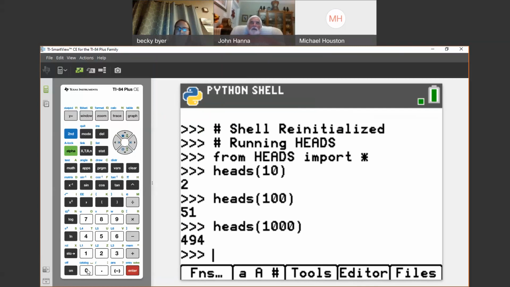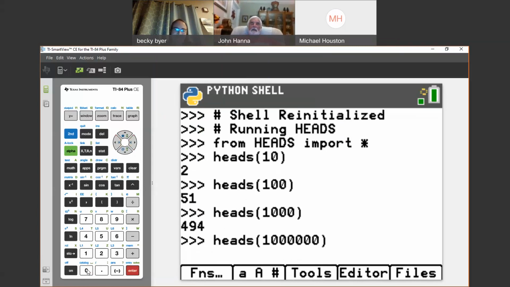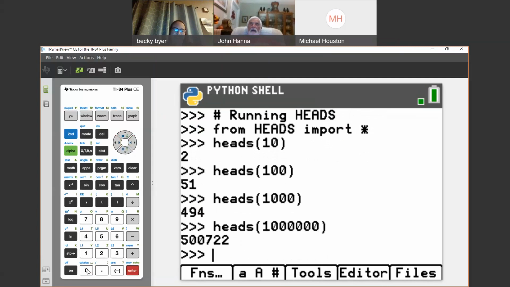494. And I'm going to skip on ahead. The last one I want to do is 1,000,000 times. So I'll add some more zeros in here. If I toss a coin 1,000,000 times, how many heads do you expect? I'm amazed at how fast that happens. It only took about a second or 2 seconds to generate a 1,000,000 coin tosses and count the number of